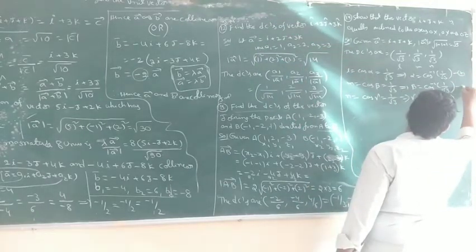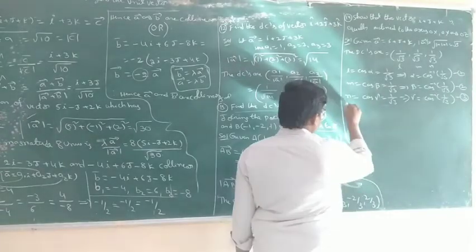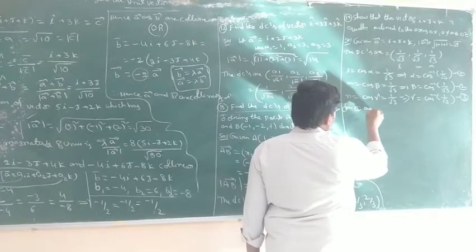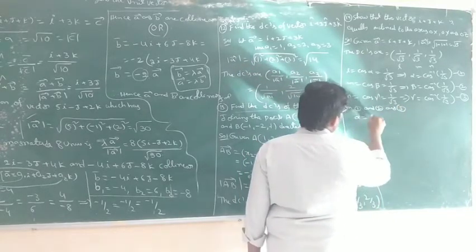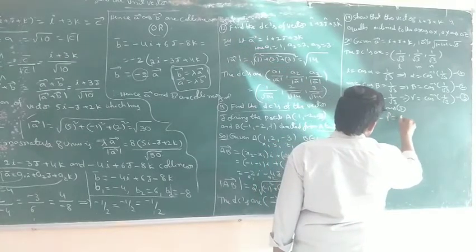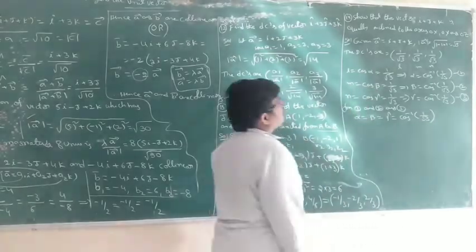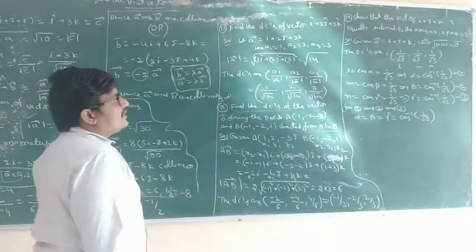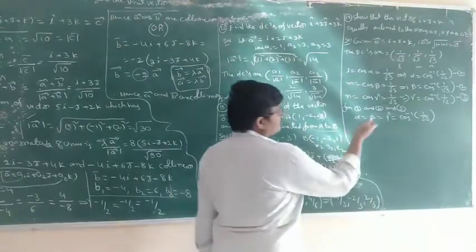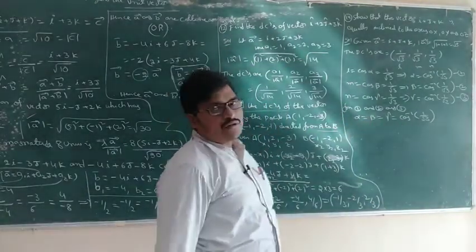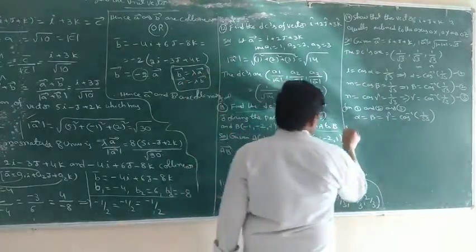From 1, 2 and 3, alpha is equal to beta is equal to gamma is equal to cos inverse of 1 by root 3. So, to show that the vectors are equally inclined: equally inclined means angles are equal, so alpha is equal to beta is equal to gamma. So equally inclined. Very important. Next,